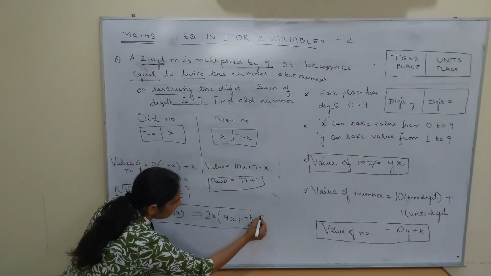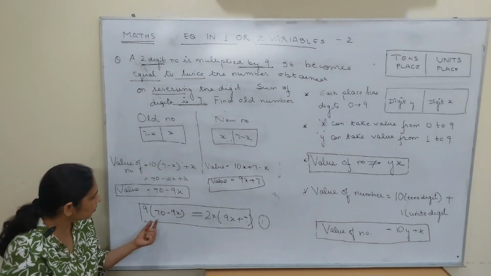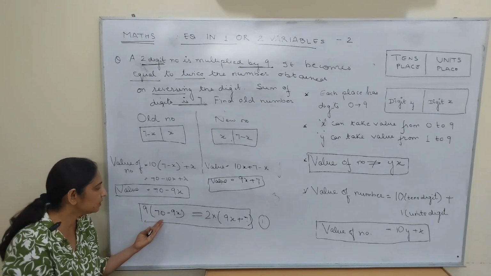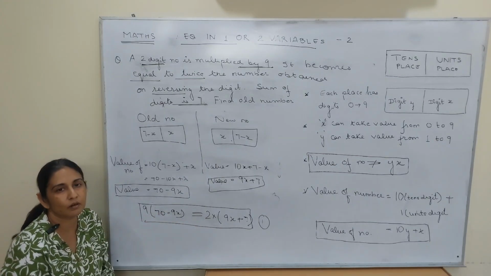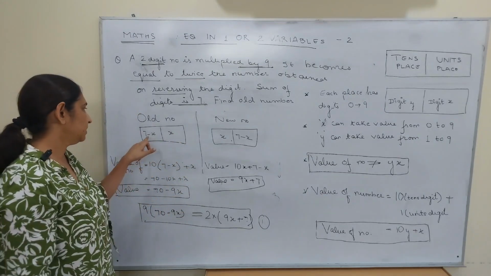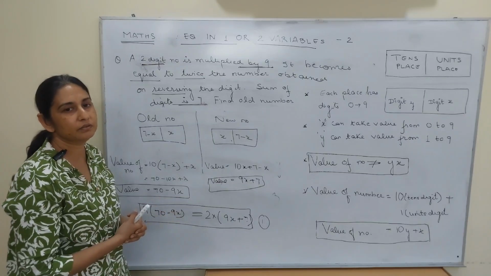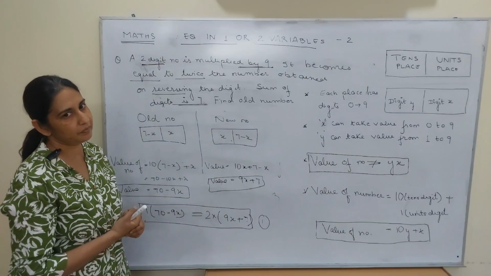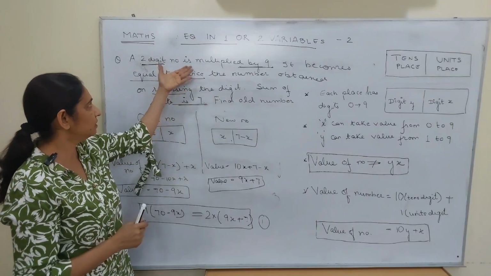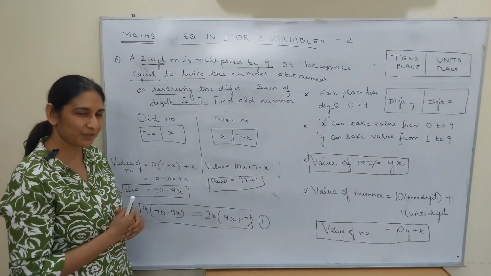But now do we need another equation? No, we don't need another equation because we have only one variable. It is only x. You open this up and you'll get the value of x, and then you'll get the value of 7 minus x, and you will get the value of the number. I hope if you try nicely, 2-3 questions are based on this topic, you will be able to do it. All the best.